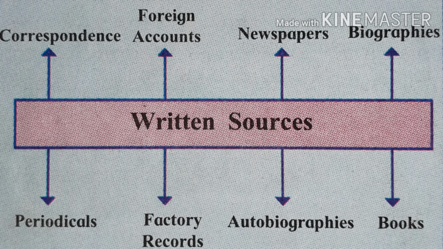Then biographies that are written by others. When an author writes about the life of a great personality, these are biographies. Autobiographies, when a person himself writes something about his own life, becomes autobiography. Then books, factory records,